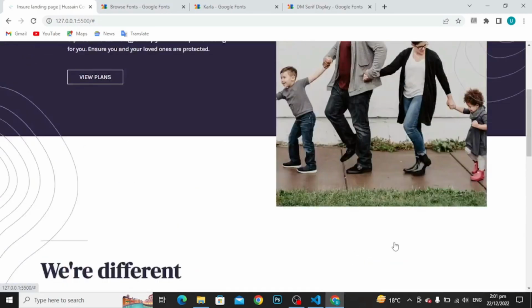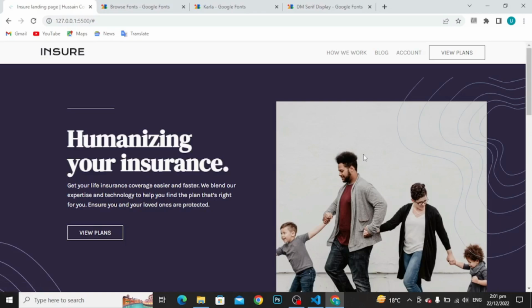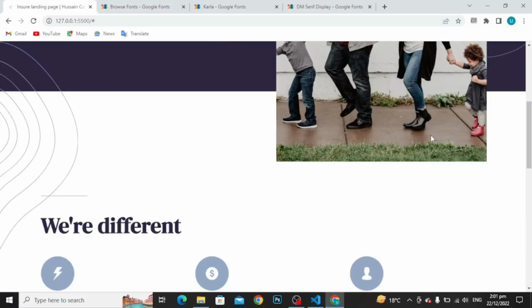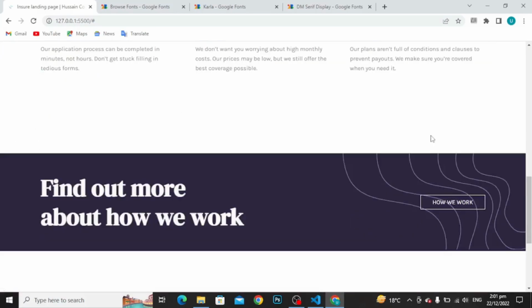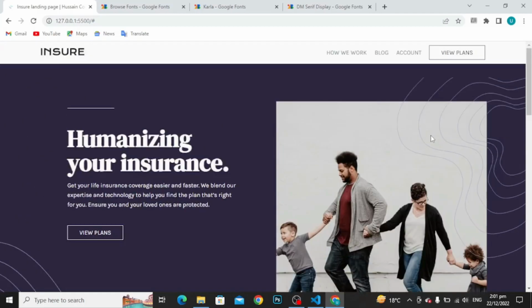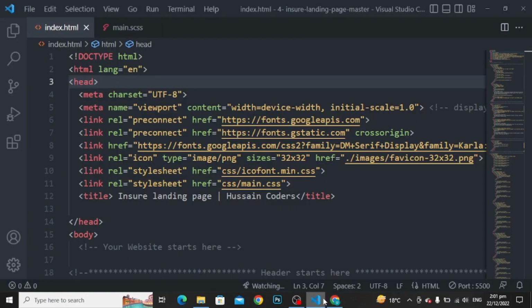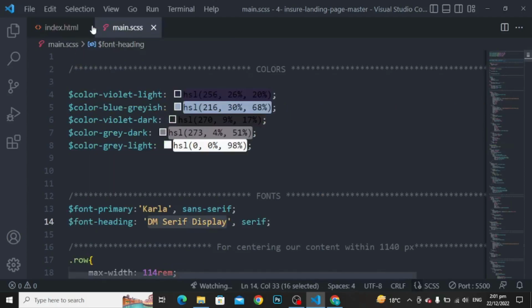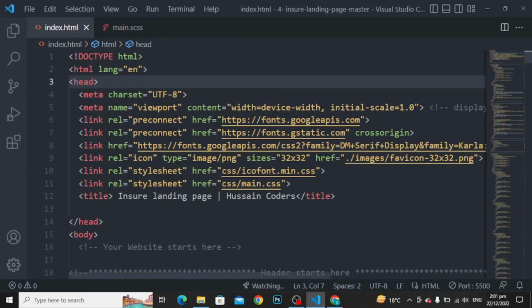Okay, so today we are going to create this website. As you can see, I can show you again. So today we are going to create this website by using Visual Studio Code, and in Visual Studio Code we are going to use the index.html and the main CSS file, or the languages,